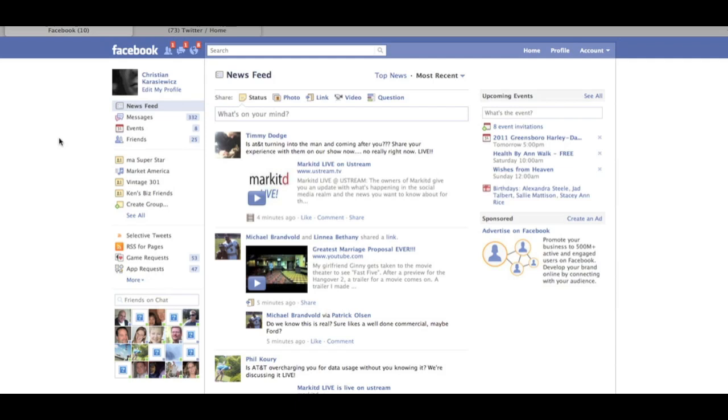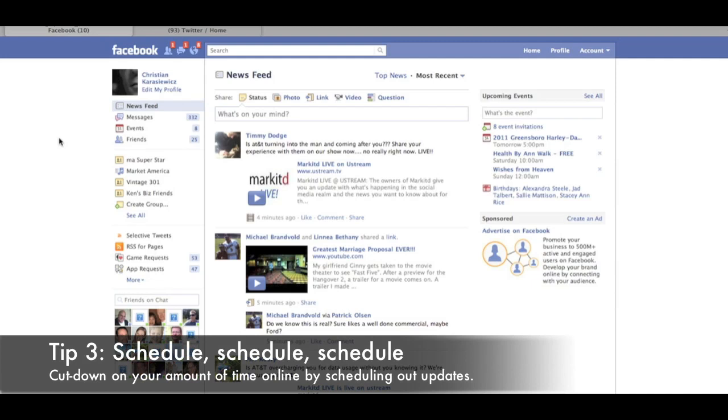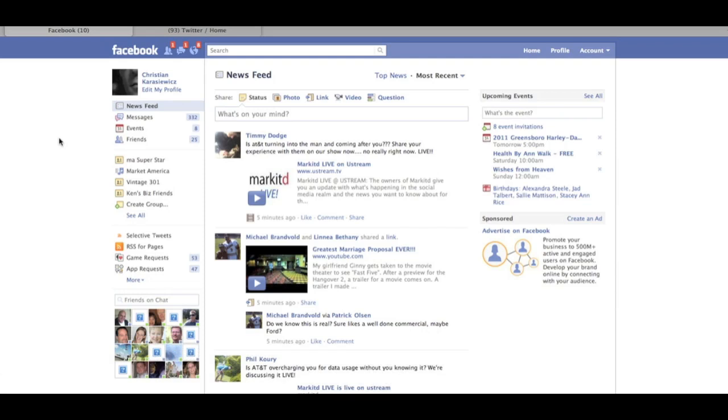And I'm not talking about you can create a calendar of events. This is a great thing to do, but scheduling by way of scheduling tweets and status updates and things like that. This is an important social media time management tool as well